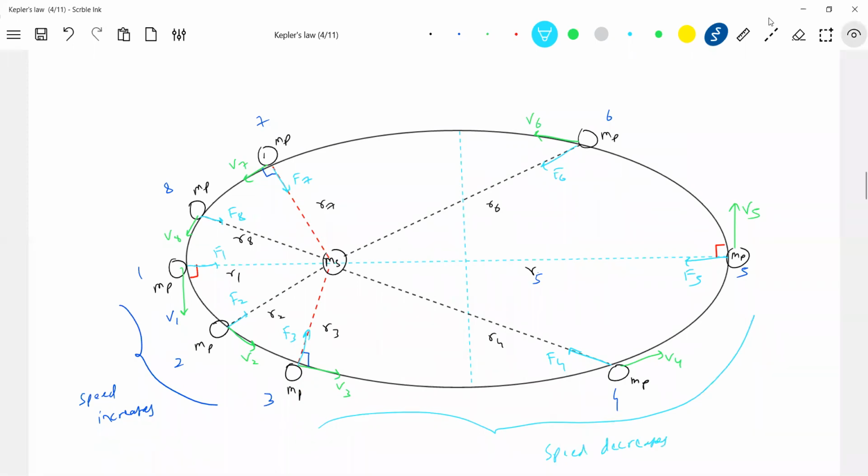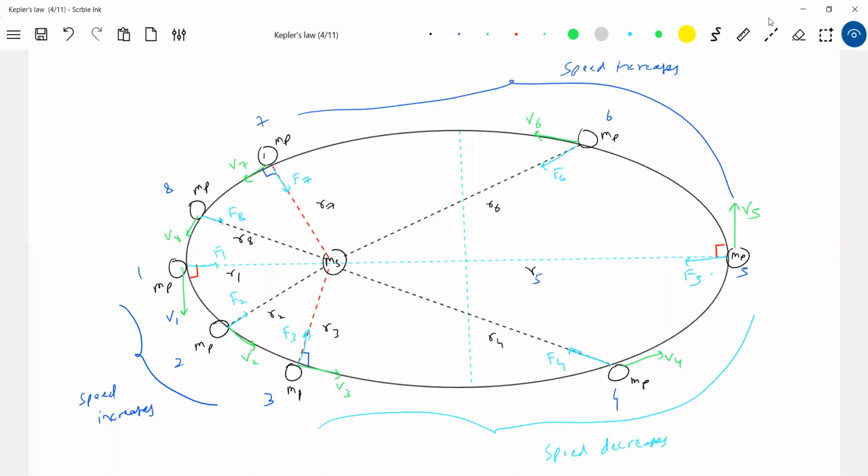Okay, now at 5, how is the force acting? Perpendicular to the velocity vector. Now when it moves from 5 to 6, very next moment you can see how this force is acting. Again the angle between F bar and the velocity will become less than 90. So the planet will speed up here. So what about here? Here also it speeds up. So from here to here, the speed increases. Next come to this point.